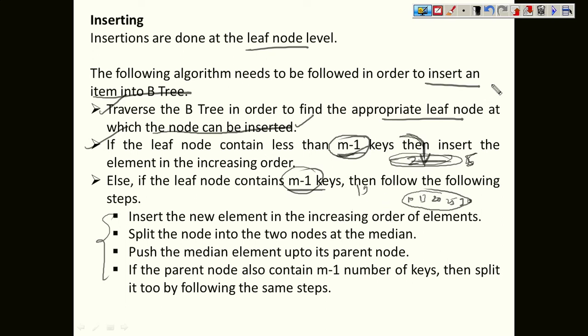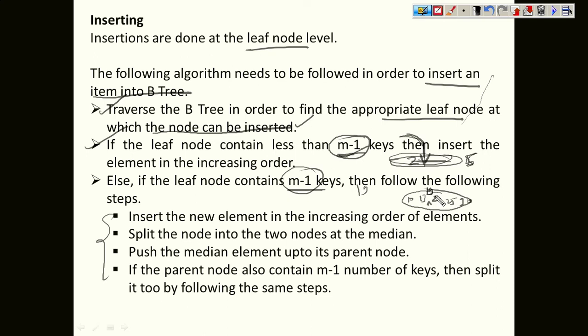Let's say this is a leaf node of a tree, and we have reached this node. What we will do is not care about the number of elements here; we simply insert the value 19 here: 10, 13, 19. So we insert the new element in its appropriate position and split the node into 2 nodes at the median. We find the median value of all these elements, and from that position we split the node.